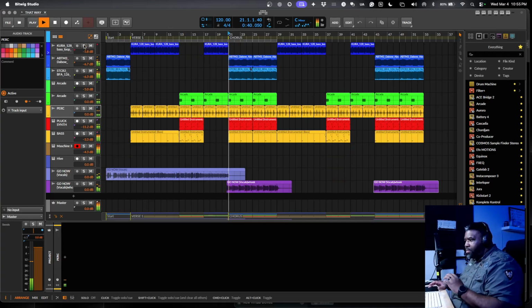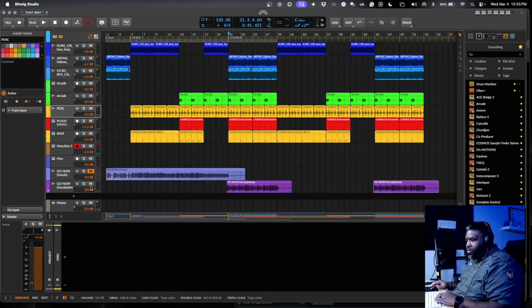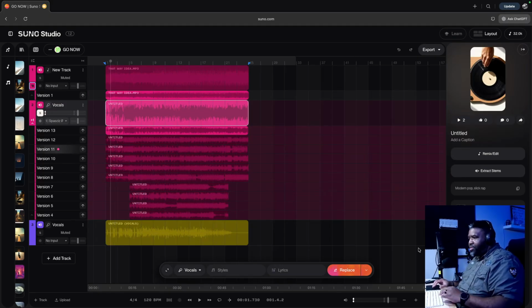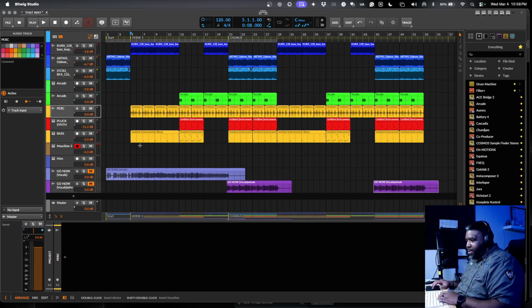Once we got here, I'll take the vocals out here. So basically, then I came over here to Suno Studio and I just came up with that rhythm, but then I ended up going back and writing some stuff to it that I was just feeling in the moment, and it came out like, hey. So I heard that part of it. That part of it took me. So I basically took the vocals away from it and added it here. And I came up with this.